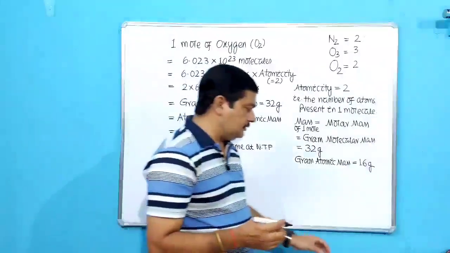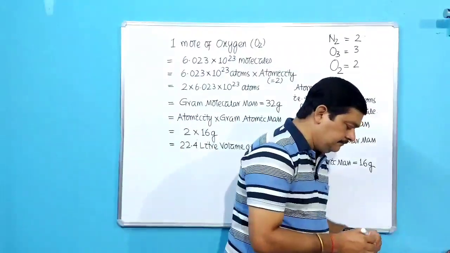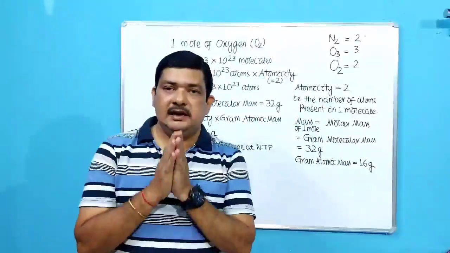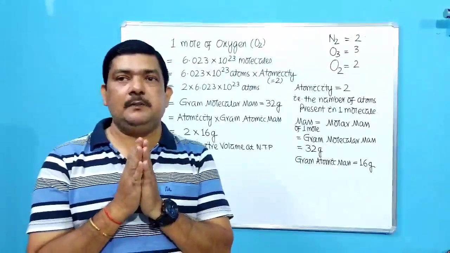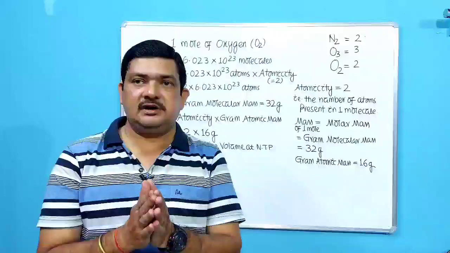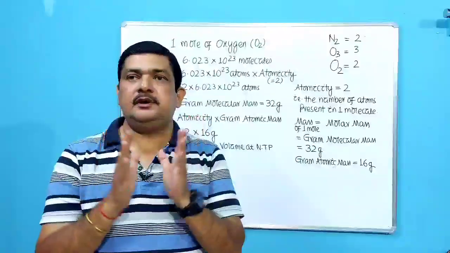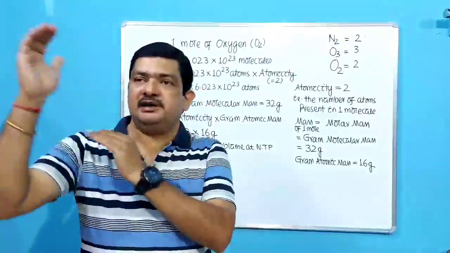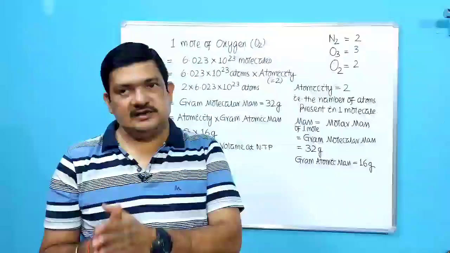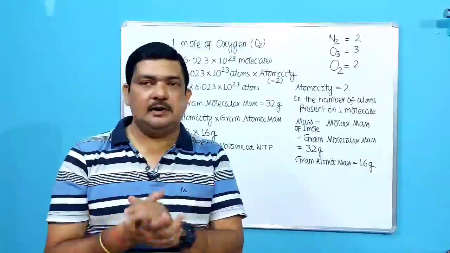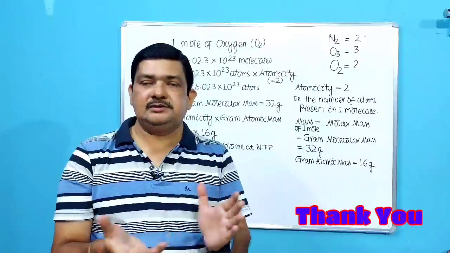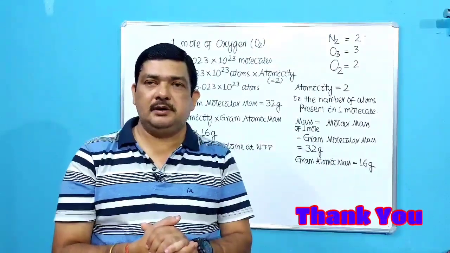As I told you, go through the video repeatedly so that you become thorough regarding mole and don't get nervous by the name of mole. It's a simple thing, very easy once remembered. Only you have to remember this trick. 1 mole: a fixed number of molecules or particles, that is Avogadro, has a mass. Mass means gram molecular mass, and in the case of a gas it has a fixed volume. So these 3 tricks you have to remember.